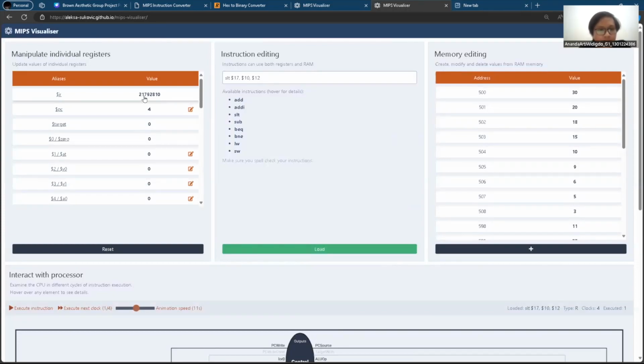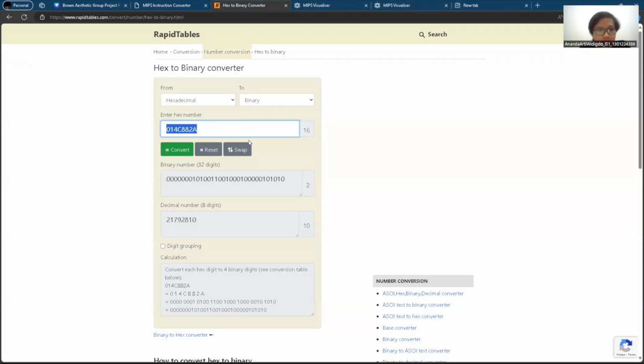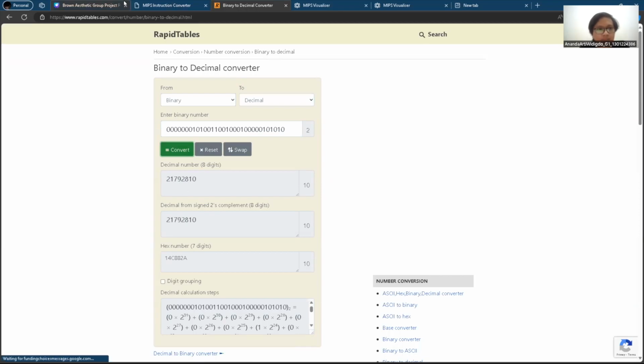So here 21792810 is the decimal value of this binary. So let's see, binary to decimal. Yeah, the same.